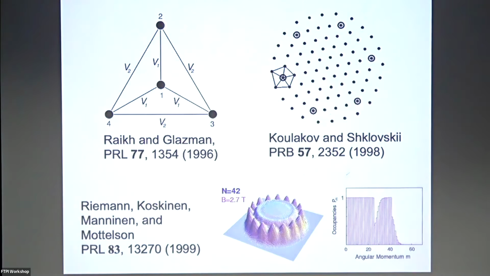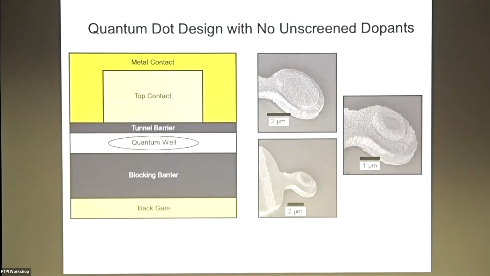Two other people in this room worked on this and extended the model that Leonid had developed to some kind of pairing at the edge. But again, it still didn't really explain this idea that effectively I have to have something that behaves like 0 Coulomb interaction rather than negative U. So we still didn't really understand it. What we did more recently was to make some super clean quantum dots.